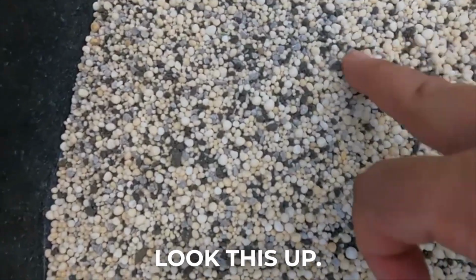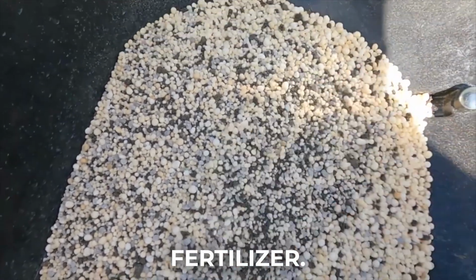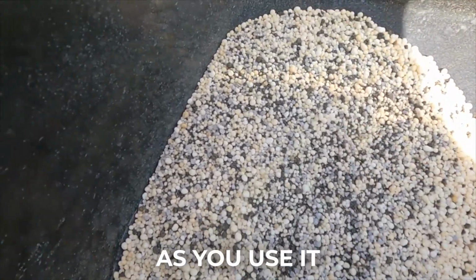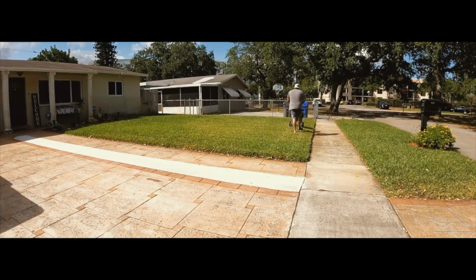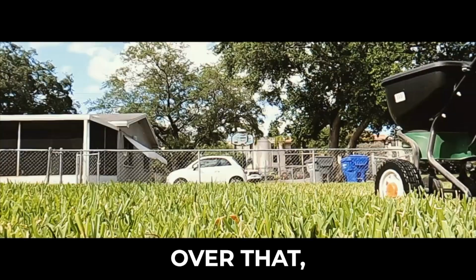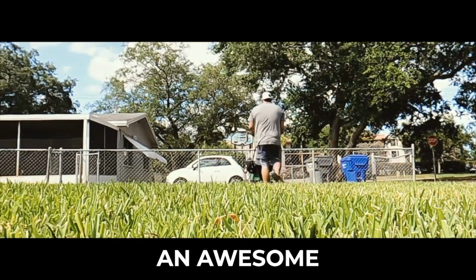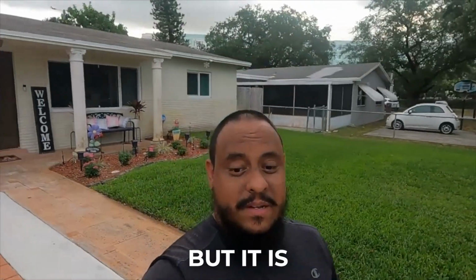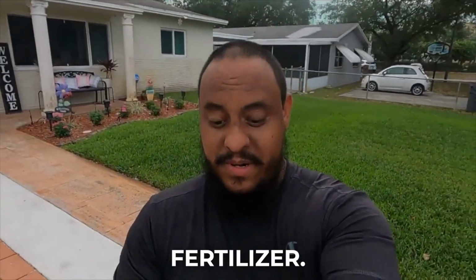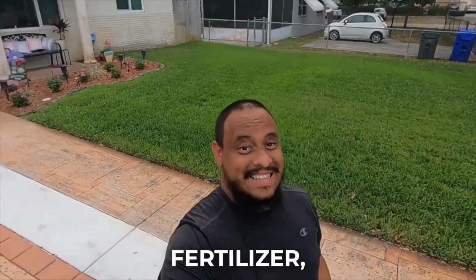When you guys look this up, if you decide to look it up, you're gonna say this is a very costly fertilizer, and I believe so. As long as you use it at the 2-pound rate, it should last a while. At the 3-pound rate, it should last a while. If you guys go over that, hey, you're not wasting money, because it's gonna give you an awesome visual response. But it is a costly fertilizer, and the green up that I got from that fertilizer,